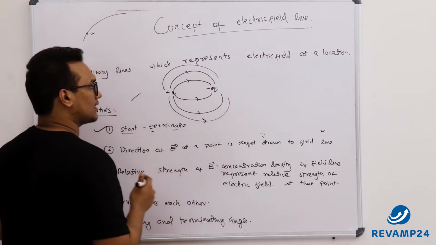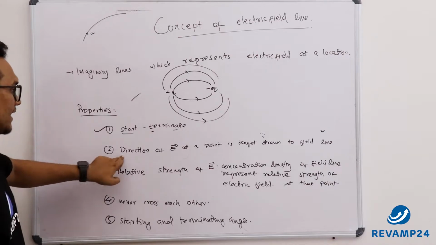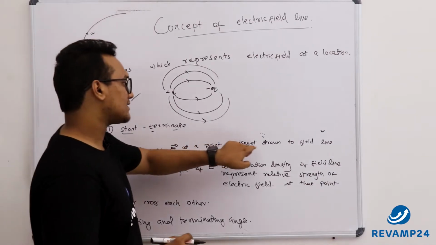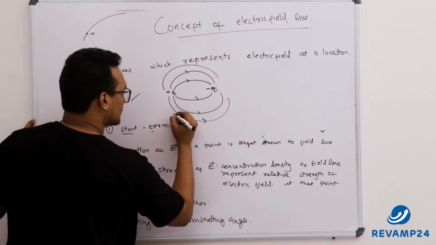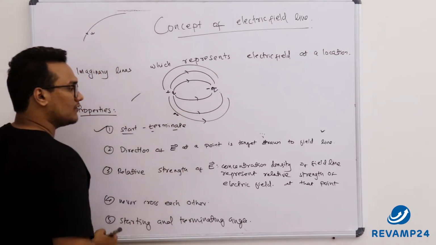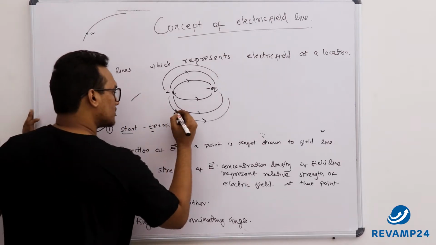This is the direction of electric field. Next thing is very important. Direction of electric field at a point is tangent drawn to field line. Now when I am keeping a positive plus 1 coulomb here, in which direction will the charge move? It can be any force. For example,